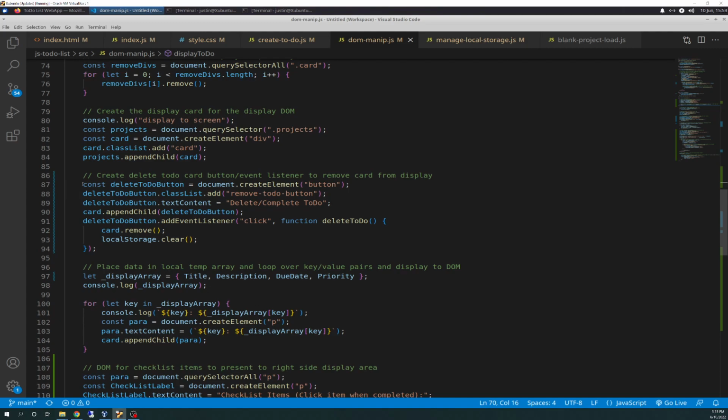So this is new. And so what we're doing here is we're creating a delete to-do button. And this creates an element of button, so it puts a button on the screen. And we're going to give it a class list of, again, here's where I was talking about, you want to get specific. If you're going to have features and you're targeting certain things and certain groups of things, it's important to have these classes set up. So I have a class of remove to do button,